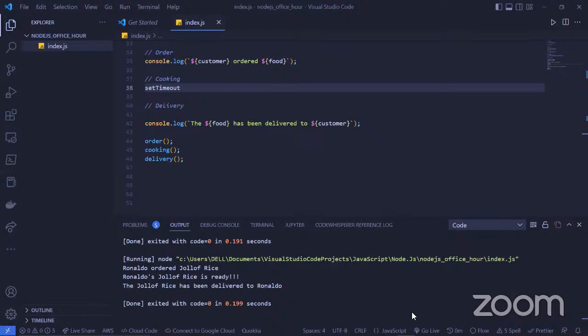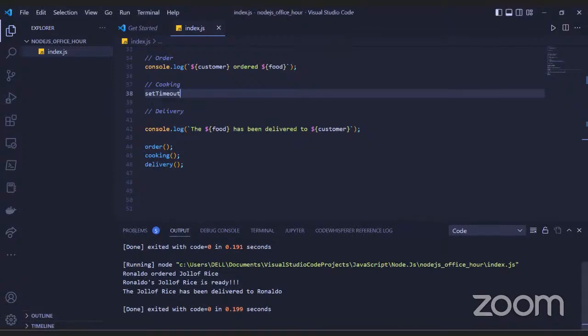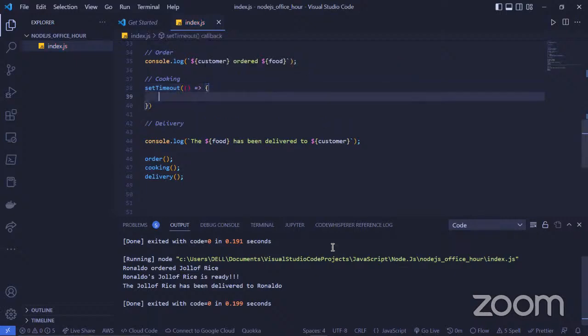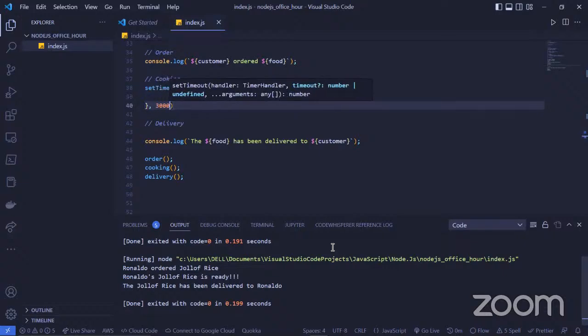In our application, we will set the timeout to 3,000, making it a function of set timeout. Let's say we're setting timeouts to 3,000.